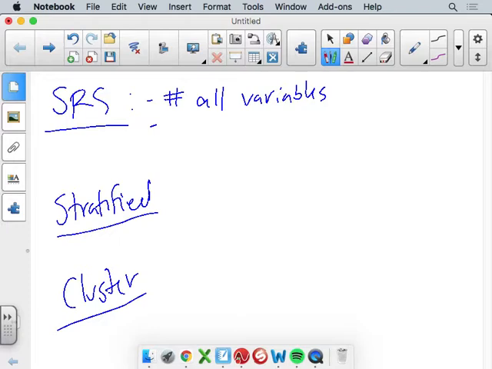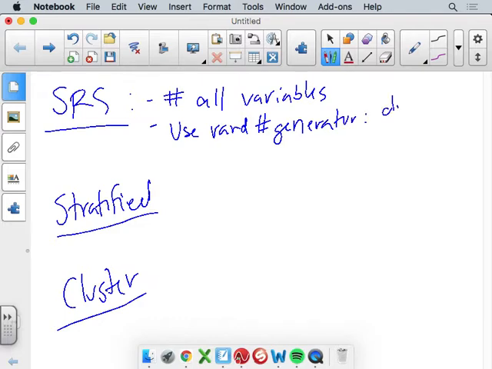Then you use a random generator like a coin or a dice. Those are not biased. If I use my own random choice, I might have bias. Like, oh, I chose a girl last time, so I probably need to choose a boy. Don't use yourself. So use a random number generator